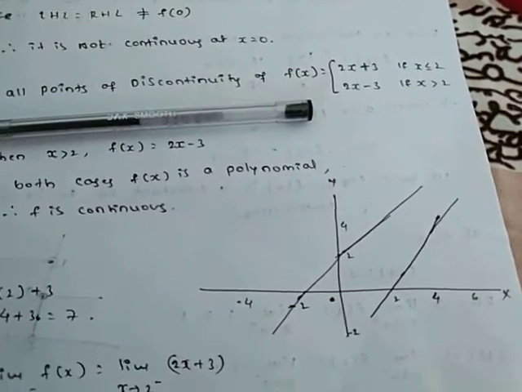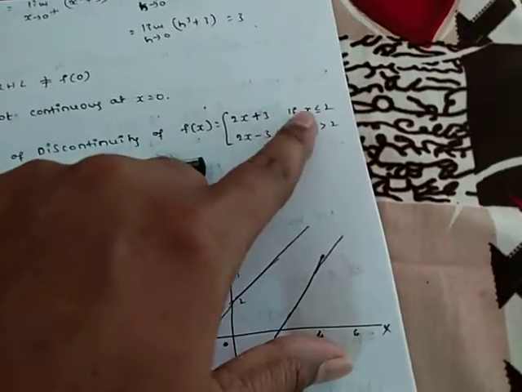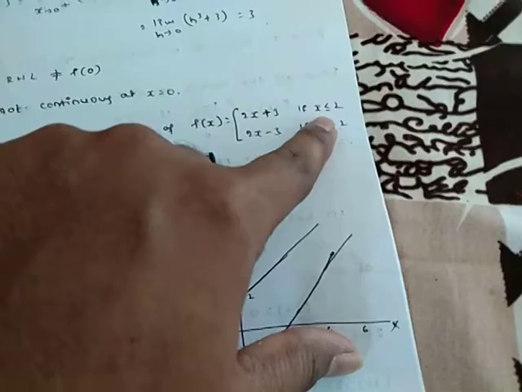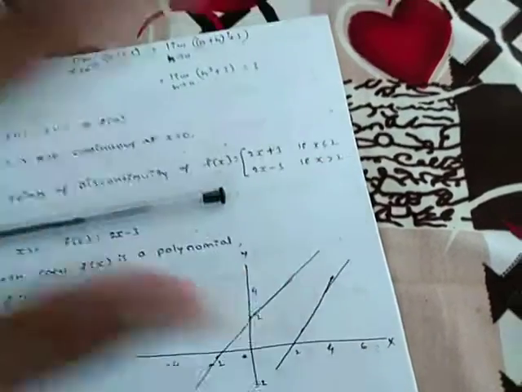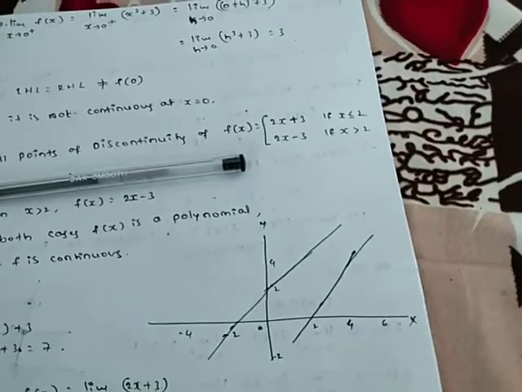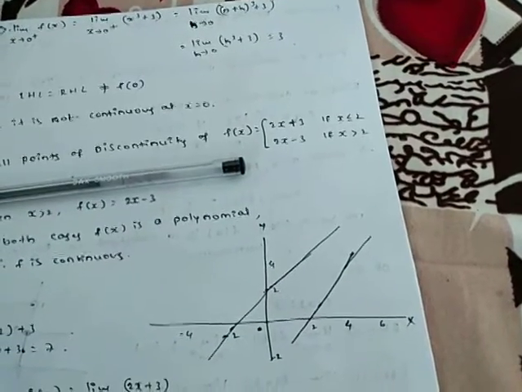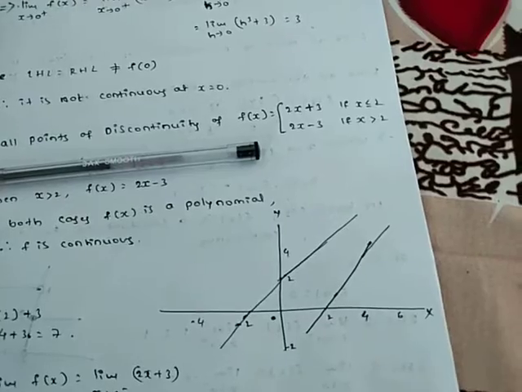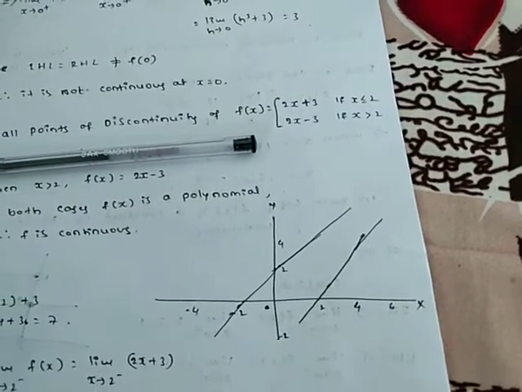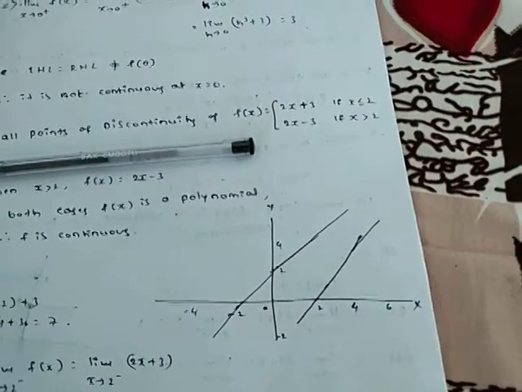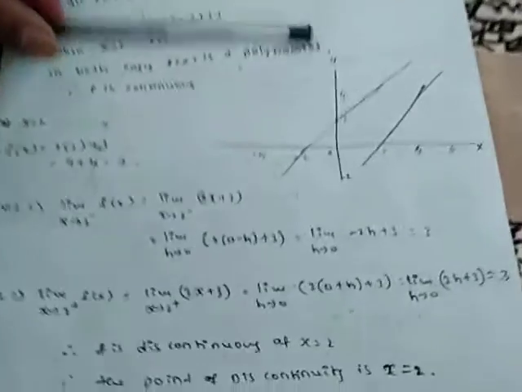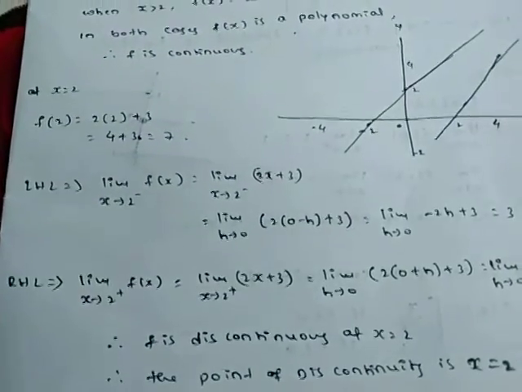Because they have given it here, observe, the point where the function is going to break is 2. If you check at the particular point 2 and it's continuous, there will be no point of discontinuity. Suppose it is not continuous at the particular point 2, we can say that the given function is discontinuous at x is equal to 2. Are you getting the point? So here we need to check whether the given function is continuous at x is equal to 2 or not.